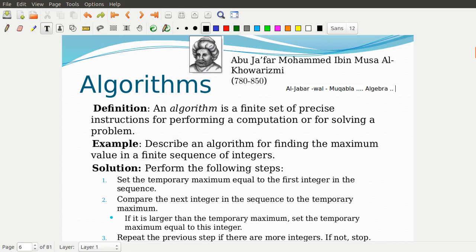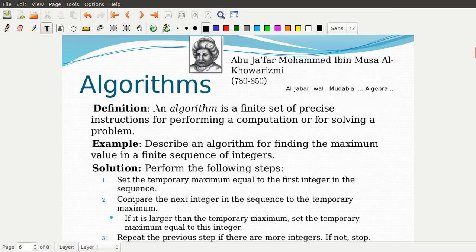Al-Jabr means to reduce something, and by Muqabla we mean to compare something. From the word Al-Jabr, the word algebra came. So he has this contribution as well. So an algorithm is a finite set of precise instructions for